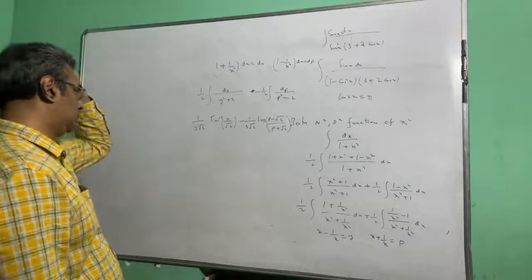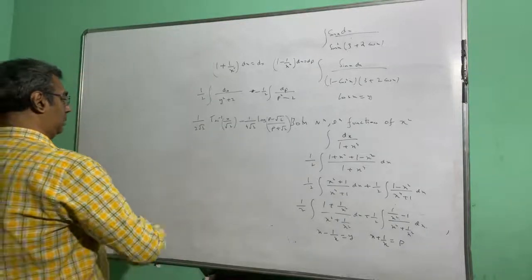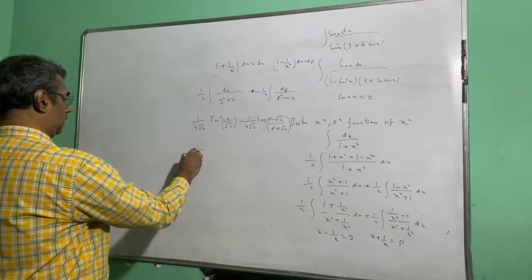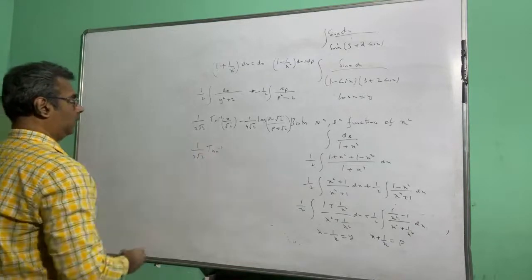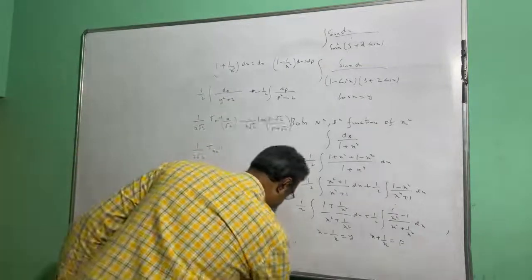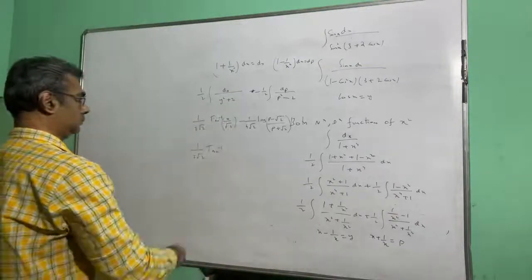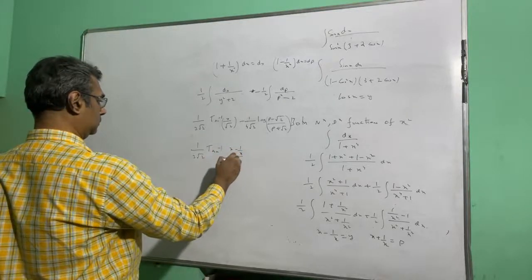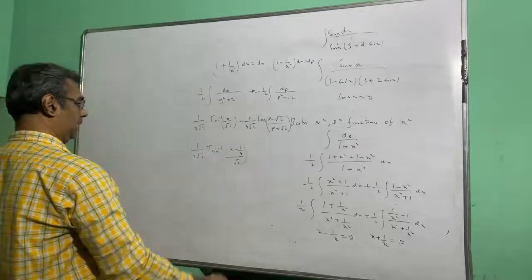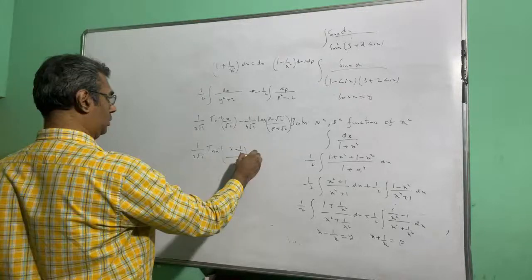So finally I am going to get 1 by 2 root 2 tan inverse x minus 1 by x by root 2 minus 1 by